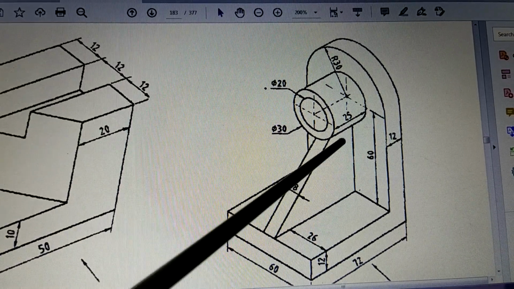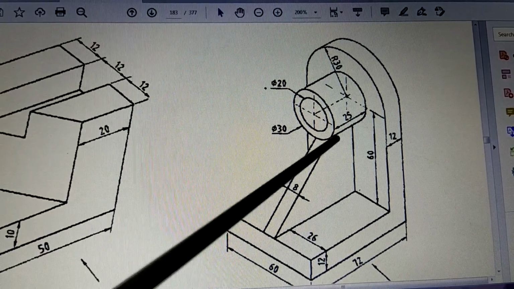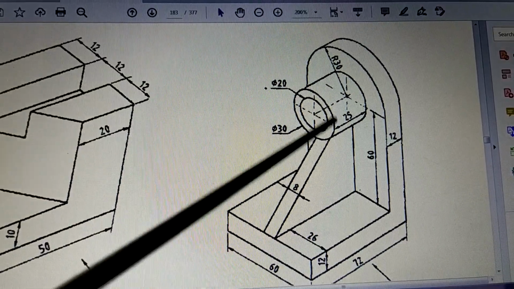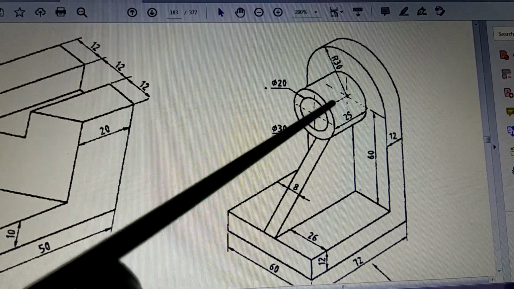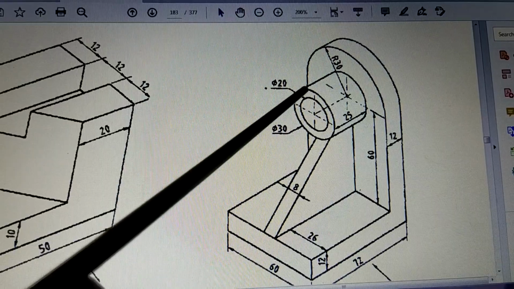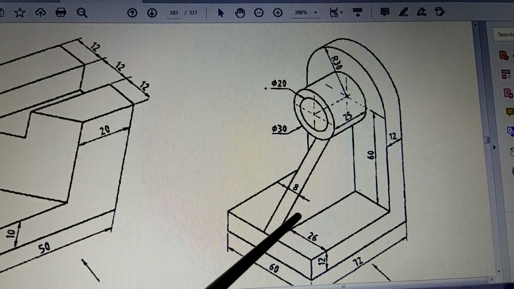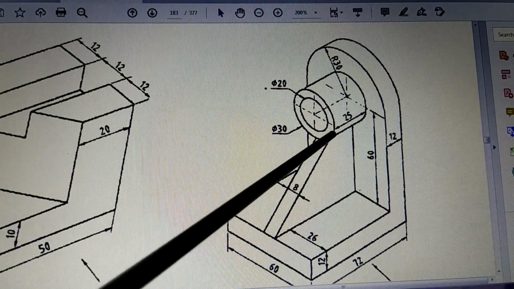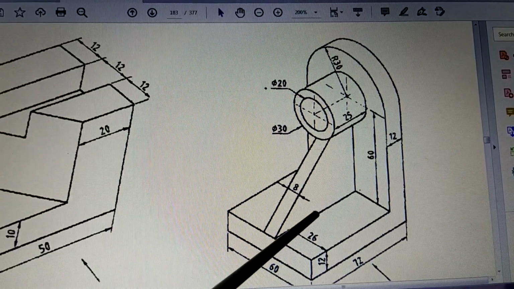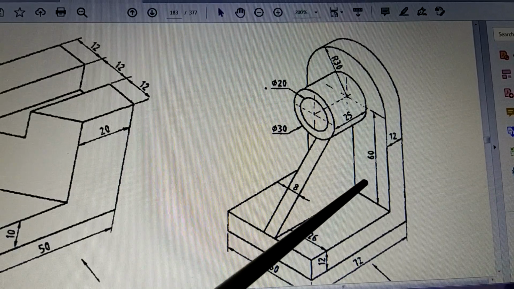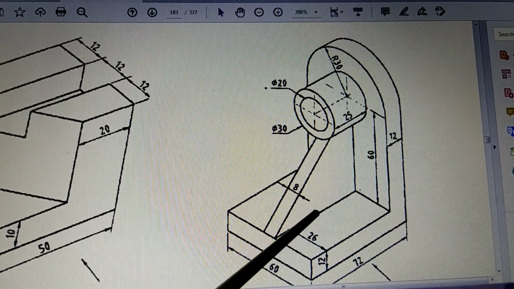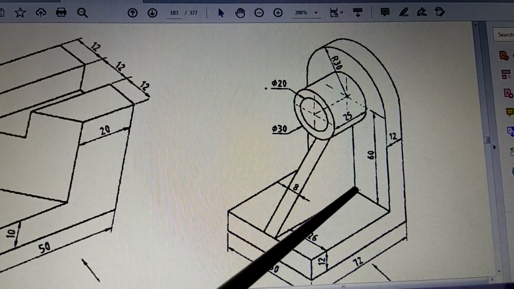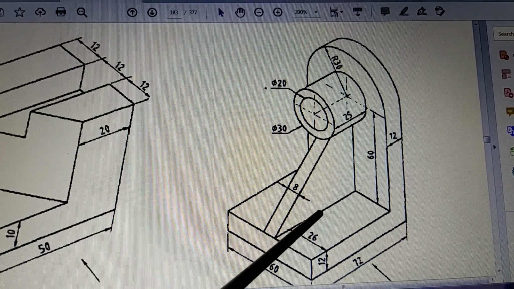Beyond this line, this part of the surface you will not be able to see from above. It is still there, but you will not be able to see it from above because the cylinder has come in the way. So what happens? If you try to show this surface by a line, you will show it like this. This line you have already drawn, same as this. But after this point, when the 25 point comes from here, after that the same surface or the same edge will continue till here, but that will be drawn as a dotted line.